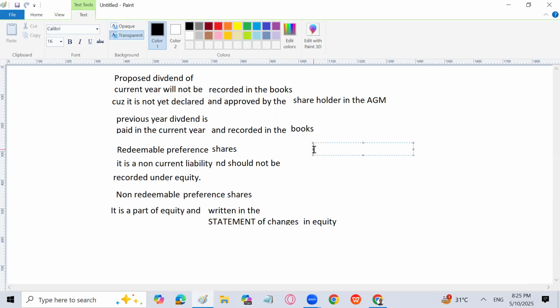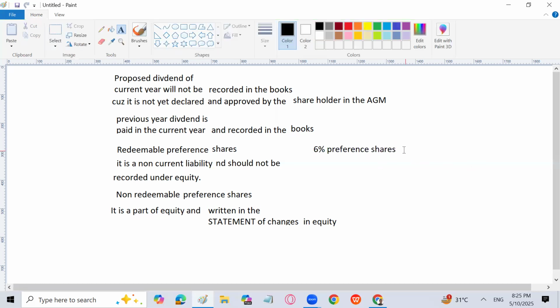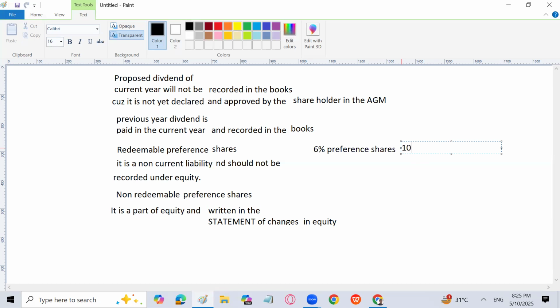अब चलते हैं आगे. लेकिन सर डिविडेंड भी तो होता है ना. यस, लेट्स सपोज 6% प्रेफरेंस शेयर्स दिए हुए हैं, कितने जी, 1 लाख। ठीक है, अब प्रेफरेंस डिविडेंड निकाल लेते हैं बेटा। 1 लाख इंटू 6%, पर शेयर भी होता है डिविडेंड, लेकिन ये परसेंटेज में दिया हुआ है, तो दैट विल बी कैलकुलेटेड ऑन द अमाउंट ऑफ शेयर कैपिटल। फिर से सुन ले, रिपीट कर रहा हूं।